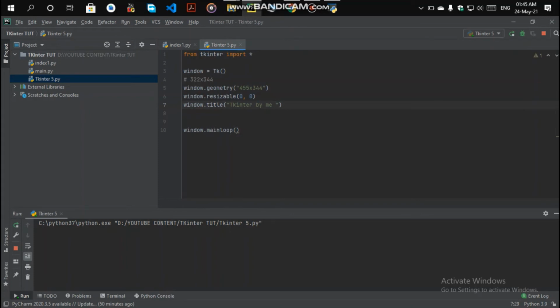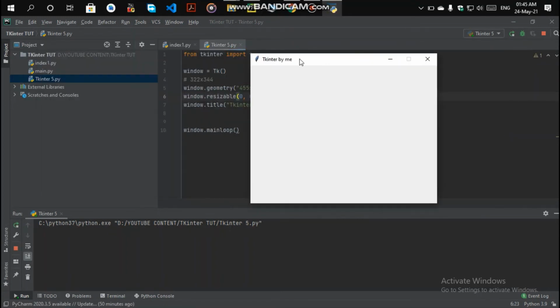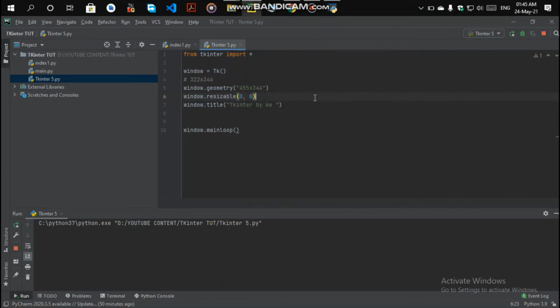Basically, whatever is written in the string format will be the value in your title bar. By running the application you will see that what is written in the string format is in the title bar. You can easily change it, and I will tell you how you can change the title image in the next upcoming minutes. So don't worry, stay tuned with the video.